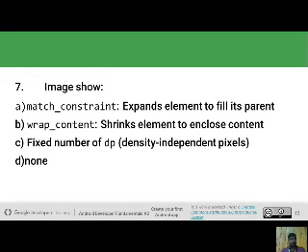For the third, there is some mistake here. The image is not showing the fixed number of DP; it is a straight line here. When a straight line is shown in the constraint layout, the component size and the constraint size are fixed according to the constraint and the size of the component. So there is no possibility to expand or to include.